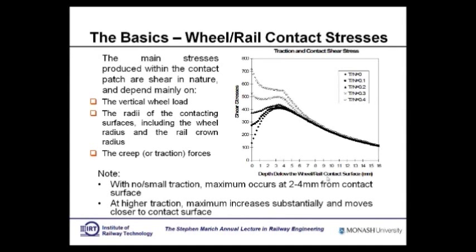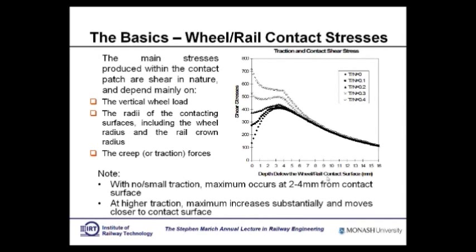the creep forces are affected by the vertical wheel load by a certain amount, the radii of the wheel against the rail by a certain amount. But the greatest effect that affects creep forces is the traction forces that you apply. The creep stresses is the traction that you apply on the system. And if you have wheels that are freewheeling, loading and so on, and no major effort,